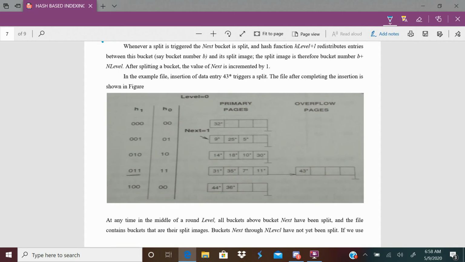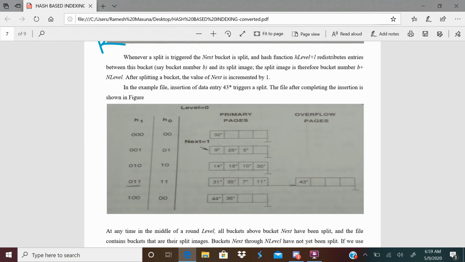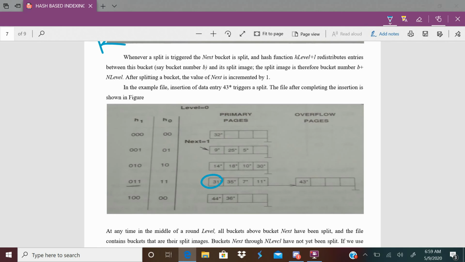Before I proceed to the insertion examples, I would like to explain one more point. If I wanted to search for 31, how is it searched?